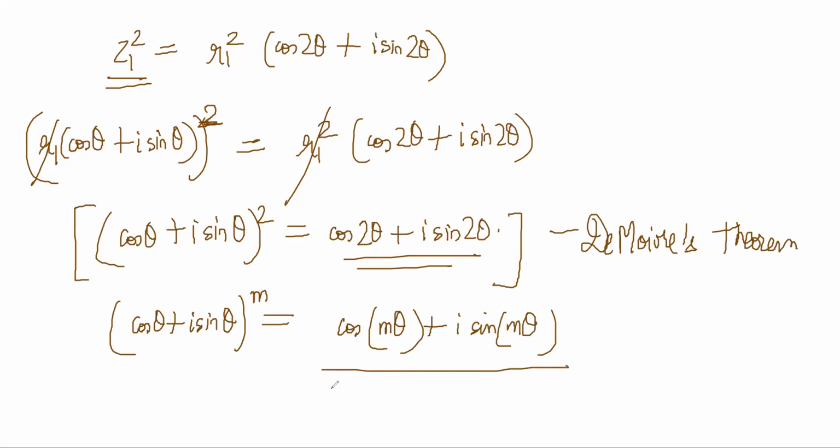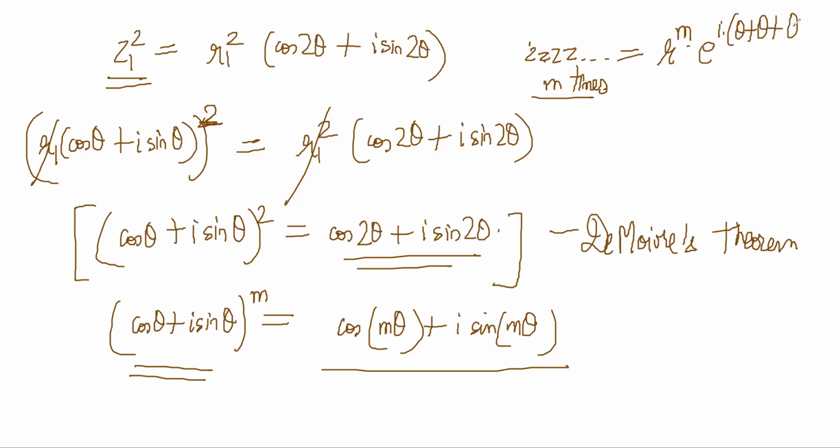Why does it happen? Because actually raising it to the power m means multiplying m times. So you are basically doing z into z into z into z, m times, right? So if you write everything in Euler form, you'll get r power m e power i (theta plus theta plus theta, m times). So that will become r power m e power i m theta,